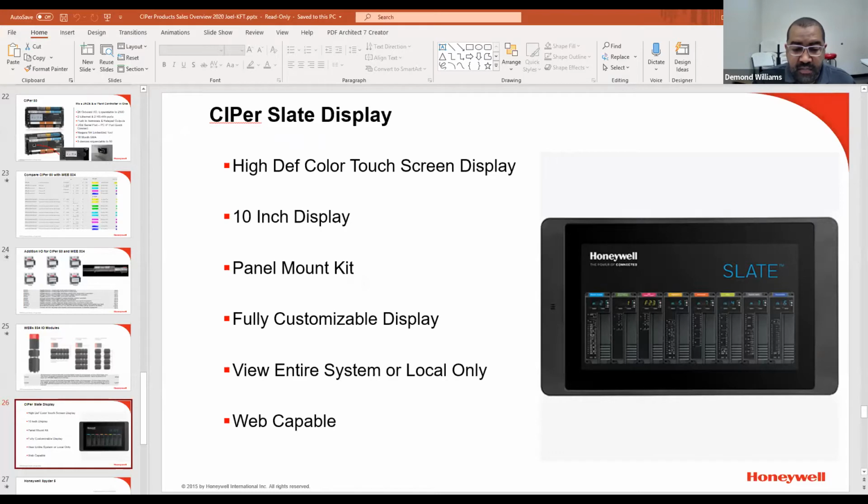Little tidbit: Honeywell recently, yesterday, just released their version of Niagara 4.9. But as of right now, the CIPer30s and the CIPer50s are not compatible with 4.9. So the versions you would have to stay with are either 4.4, 4.7, or 4.8. There were some issues with 4.9, so they are actually working on that right now